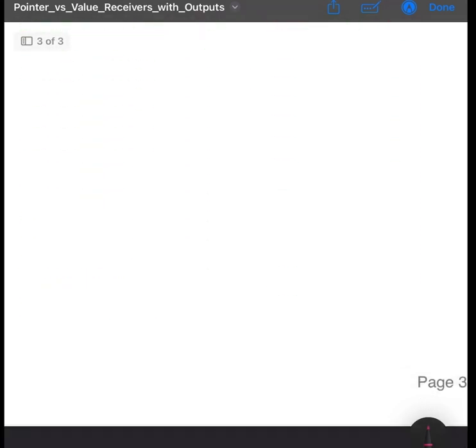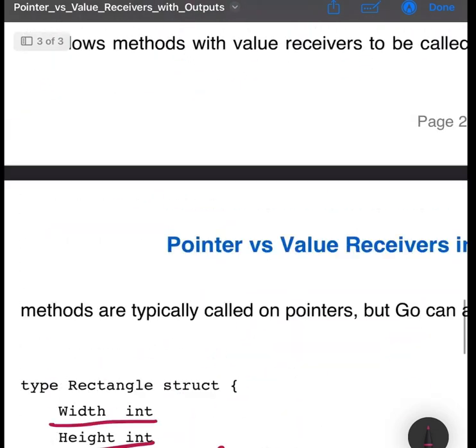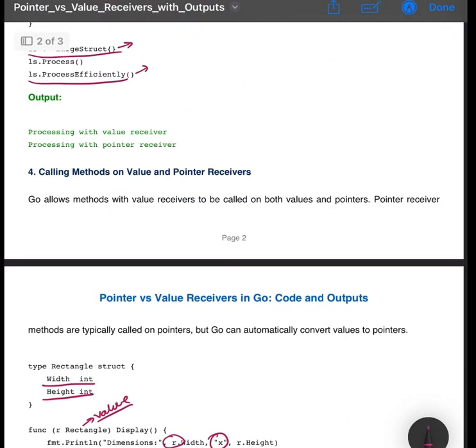5. Mixing value and pointer receivers. Struct definition. The struct represents a counter with a count field to